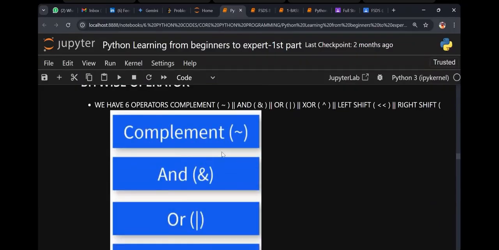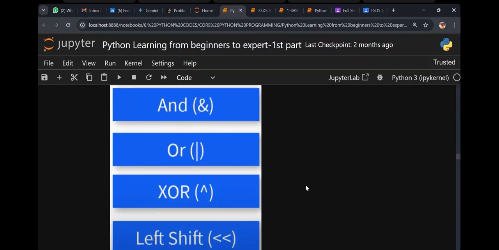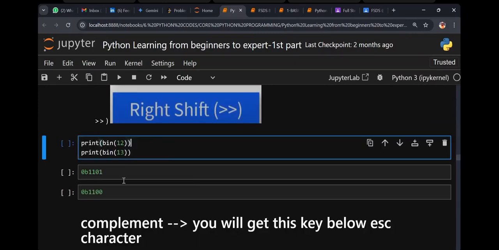Complement. Tilde symbol. You get this symbol below the escape character. Do you see this? Check your system. You get, and after that, sir, where do you get this symbol? So that's why, you have the escape key or not? Below the escape key you got, or someone above the escape key? Then the guy definitely wrongly manufactured. Just call him and ask, hey buddy, why you mentioned this? Okay, no, try this. Listen to me.